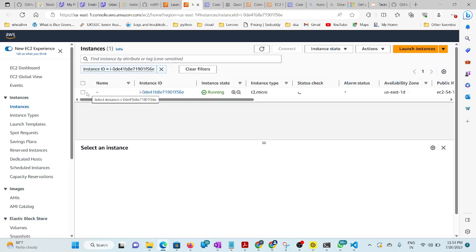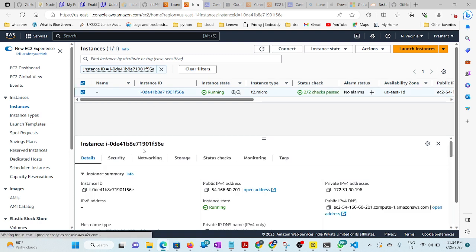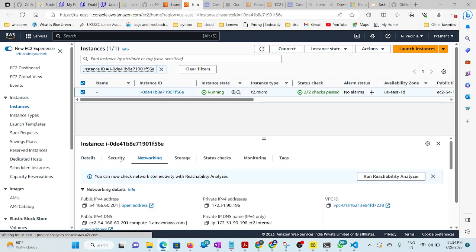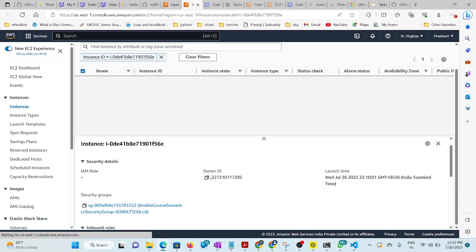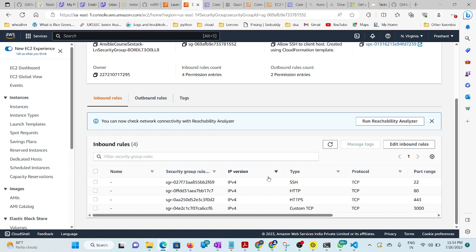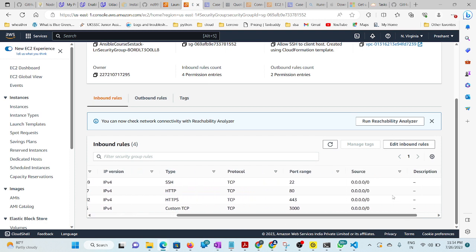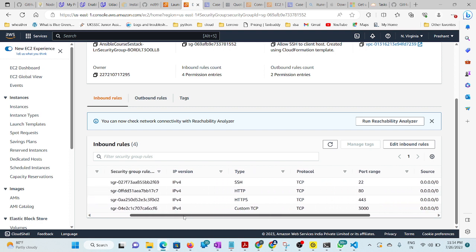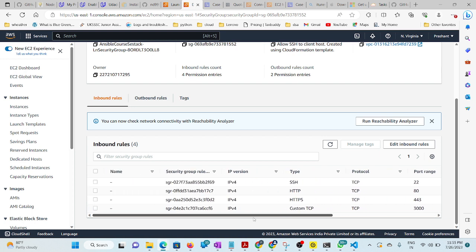Then one thing we need to keep in mind is the security group. So what I had done here, in this security group, if you see the inbound rule, as of now I am allowing every source, but especially I am using port 3000 for Apache to run. So that's what I am doing here. These you can take,